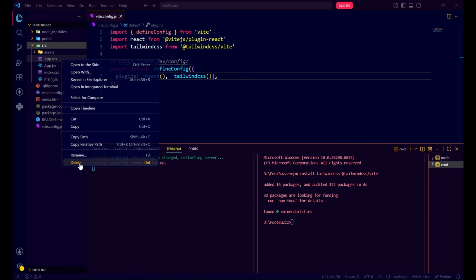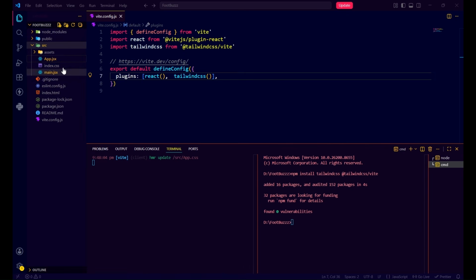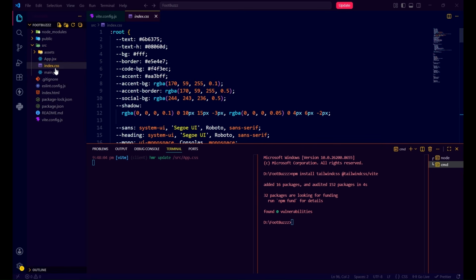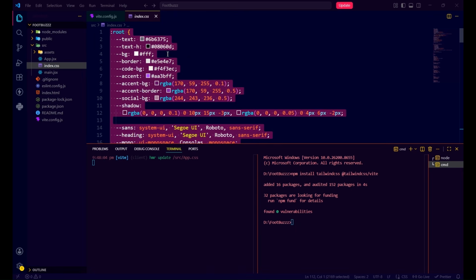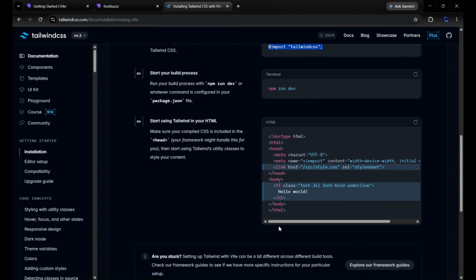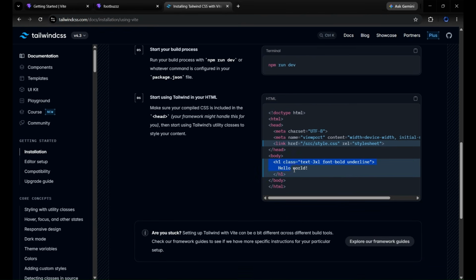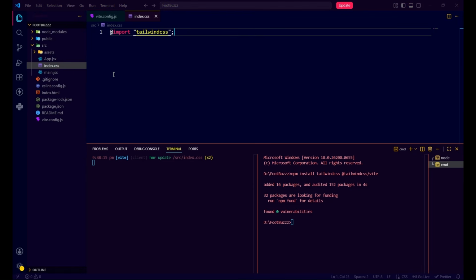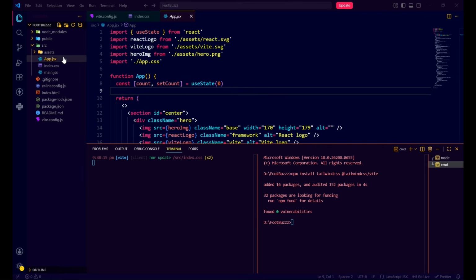So let me delete it. Now open the index.css. You have to remove this code from here and paste that import here. Once you have done this, let's go back and let's copy the h1 tag here and go back, open your app.jsx,